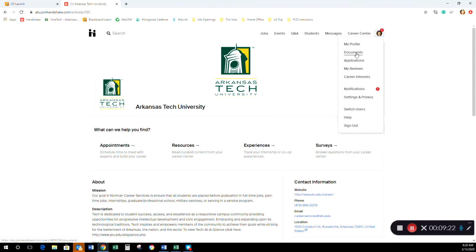And remember, if you request a review of something over email, you're going to want to upload it here under documents so that we have it when you become the first person in line for a review. We do typically try to get back to you on email reviews within 24 to 48 hours, but that's on business days. There is a delay over the weekends, okay? So that is Handshake in a nutshell.